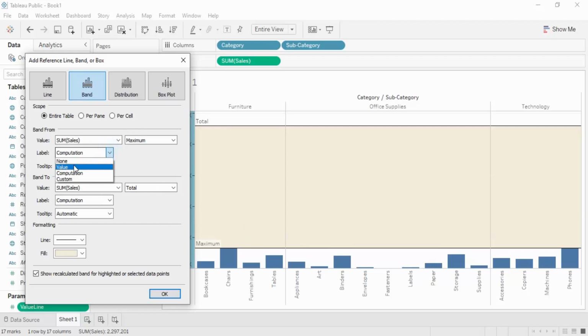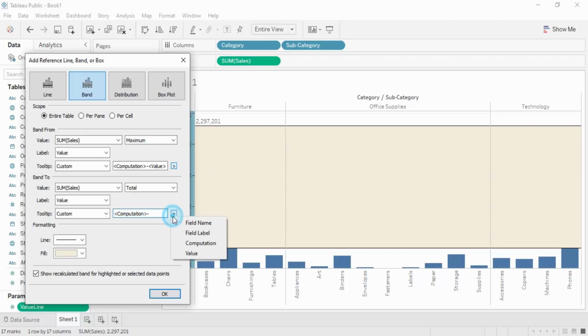For this you can get the values options between the labels so as to get it here, like this is a maximum value and this is the total value. Then we can also get a tooltip if you want to create a custom tooltip. Suppose let's say add the computation and add the value, so computation hyphen value. Similarly in the tooltip, let's create a custom tooltip with a computation hyphen value, right? So now what happens is if we hover over it, we would be getting a tooltip.